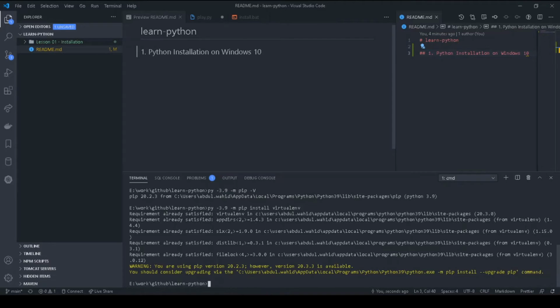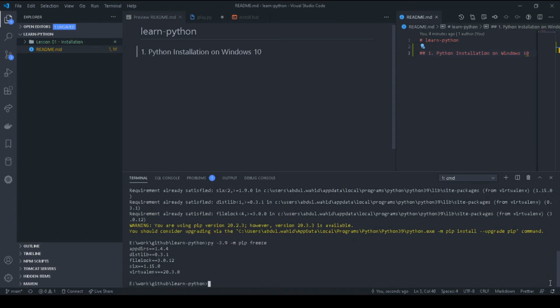We can check whether it is installed or not. We have a freeze command for this purpose. You can see pip freeze. Yeah, you can see that is the package we have just installed.